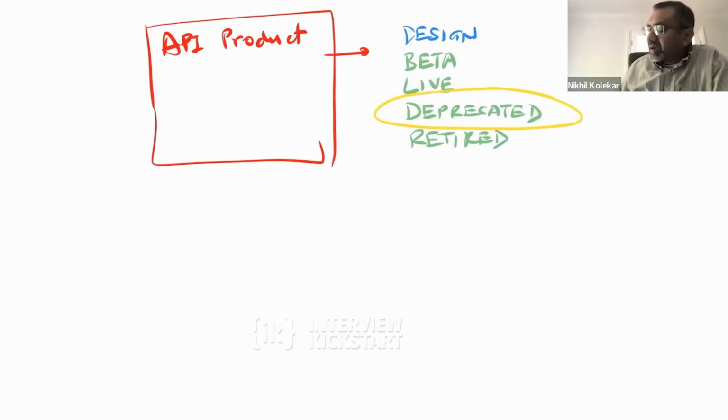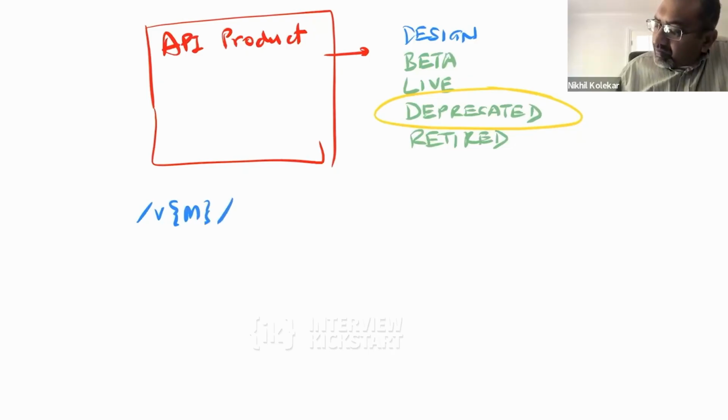Now, how do we model our versioning? So one scheme that is heavily recommended is to put your version, the major version revision, at the most significant place in your path, so let me actually describe it as /v, the major version M, followed by the namespace, followed by your primary resource.